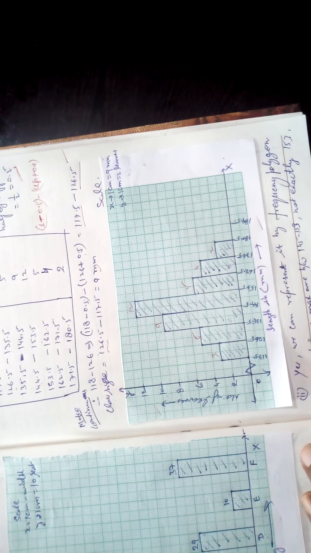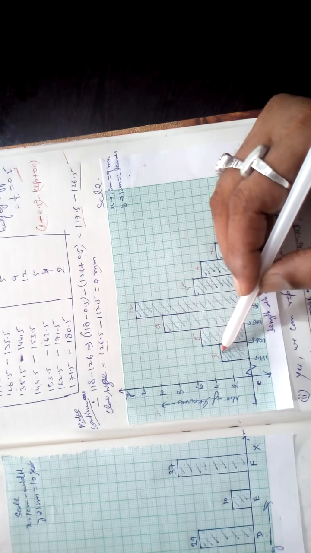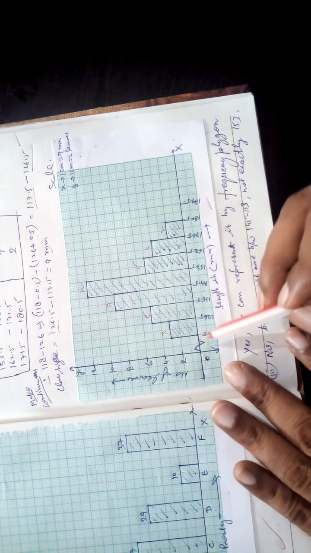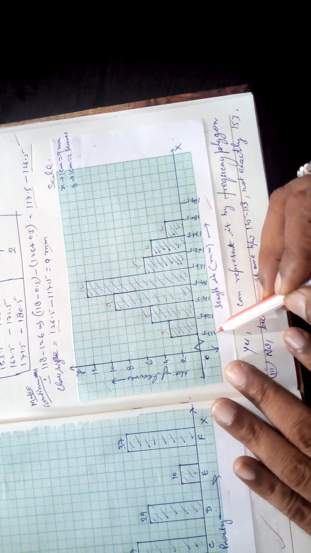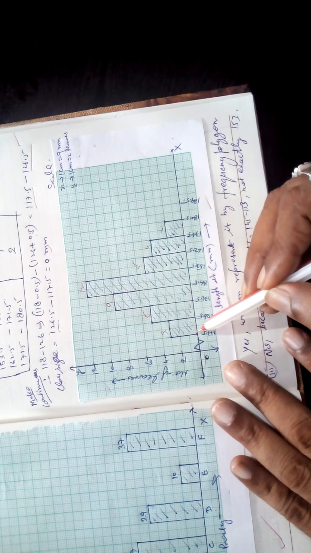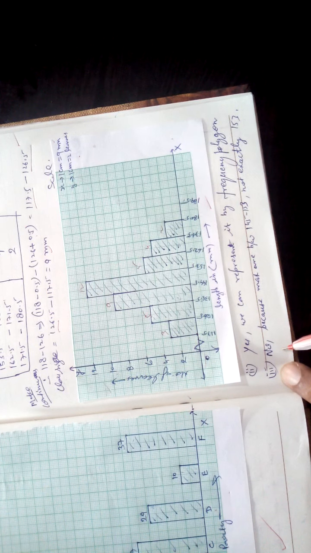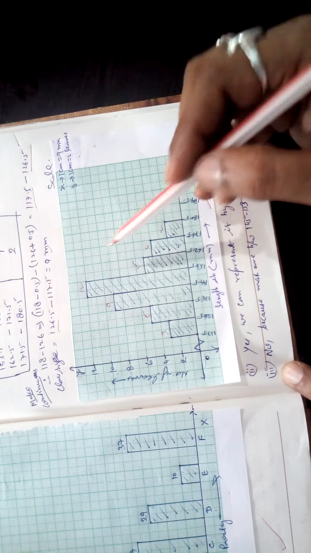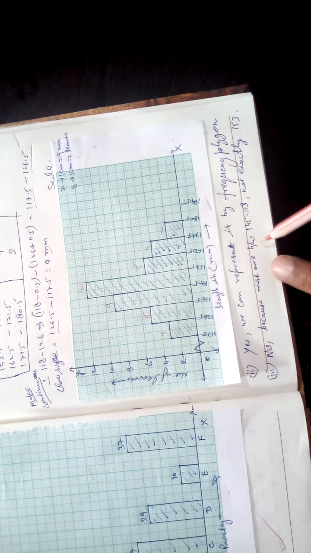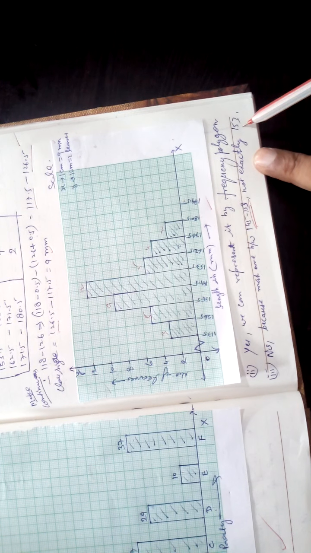So yes, the second part of the question is given. Is it possible to draw any other type? Is there any other suitable graphical representation? Yes, frequency polygon. Put a midpoint and join it till the last, you will get the frequency polygon. It will start from 108.5, because you want the midpoint also here. So the third one is given. Is it correct to conclude that 153 is the maximum leaf length? No, because the maximum is between this, not exactly 153.